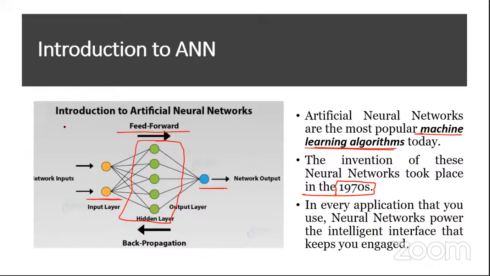So again, here one sample of ANN is given. Basically in an artificial neural network, what is actually happening? It is mimicking the behavior of